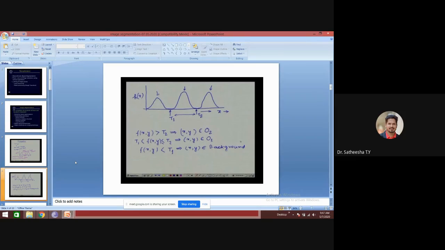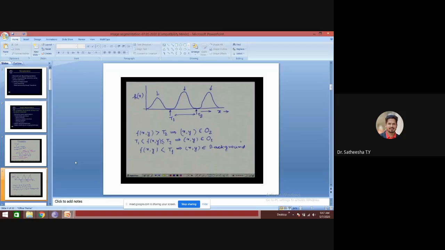Here you find that the histogram has three different modes which are separated by two different valleys. So now what we can do is choose one threshold, say T1, in the first valley region, and another threshold, say T2, in the second valley region, right?